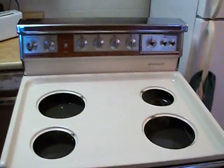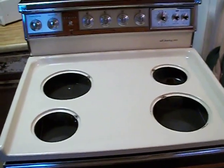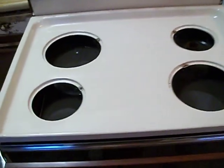Hello guys, this is Frigidaire right here. Well, we've purchased this used stove, and I was wanting to make a little bit of a video about it. This is an old Gibson,